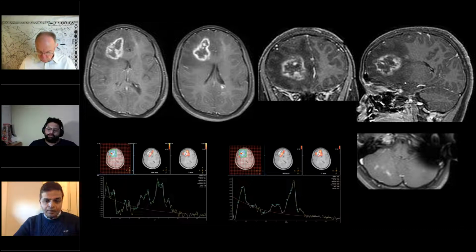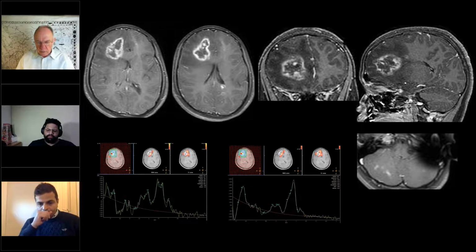Probably there is an interplay of the host immunity, and right now with this COVID thing coming in, maybe there is a decompensation of that immune response. I don't know how to explain it, but